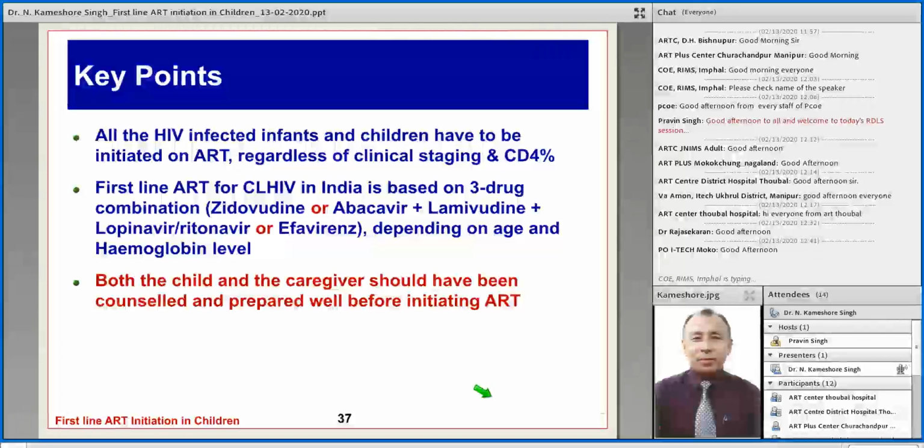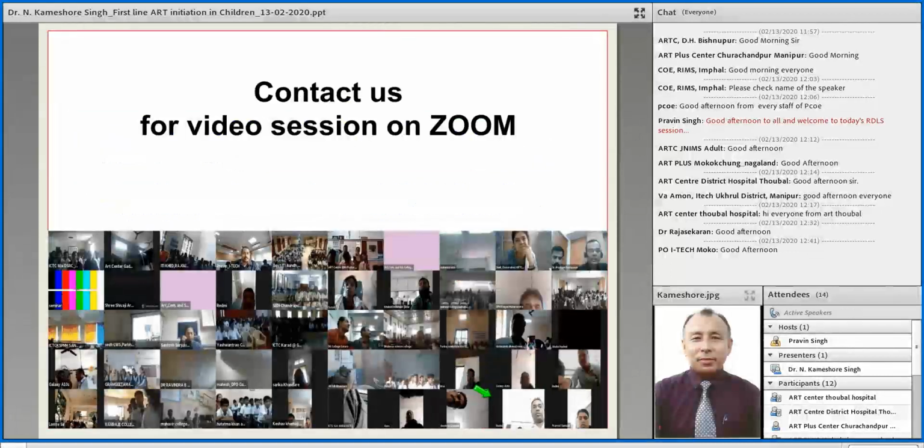Both the child and the caregivers should be counseled, which is very important, regarding the preparedness for treatment, requirement for lifelong medication, and requirement for follow-up visits and nutrition. Next. Thank you so much for the patient hearing, and I hand over the mic to